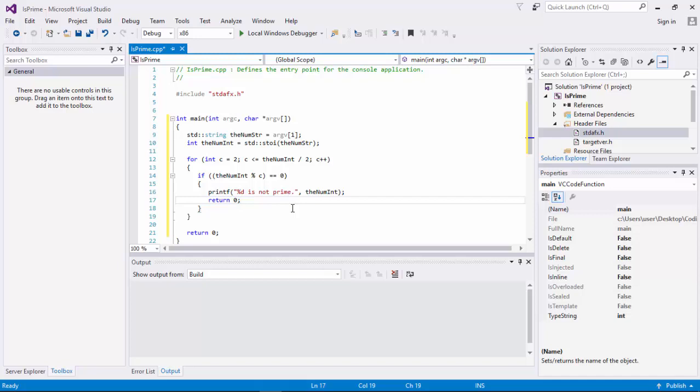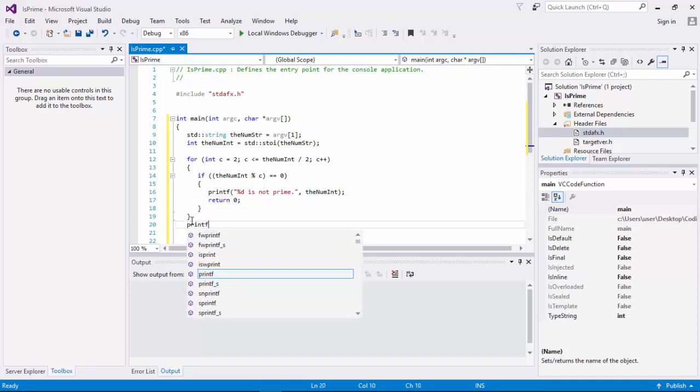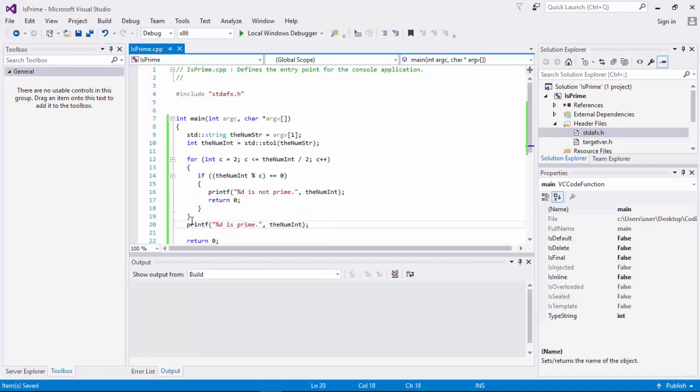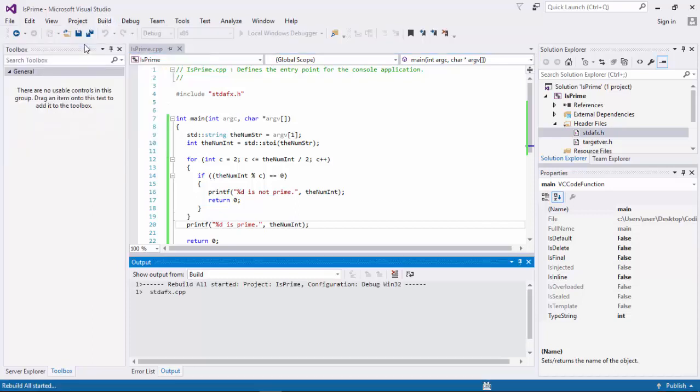If we continue, then there is a possibility that we will be printing this printf more than once. Let us try that case afterward. If there is no case of this, meaning there's no such case as C can divide the num integer accurately, then we will finish the loop, and if we finish the loop, we put a printf saying that it is a prime number. Or we can just copy and paste from here. That is it. Let's compile and run in the command prompt.